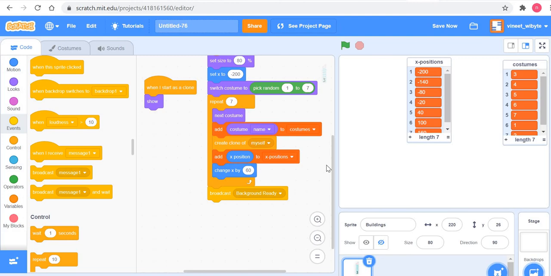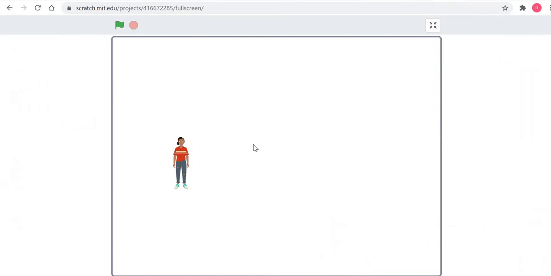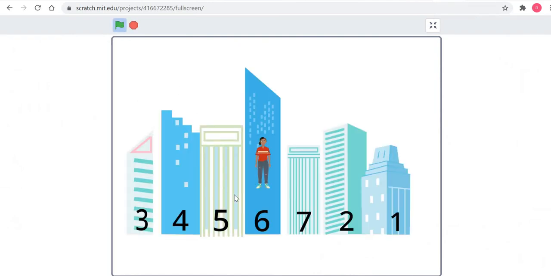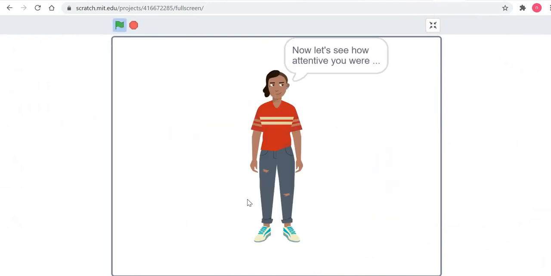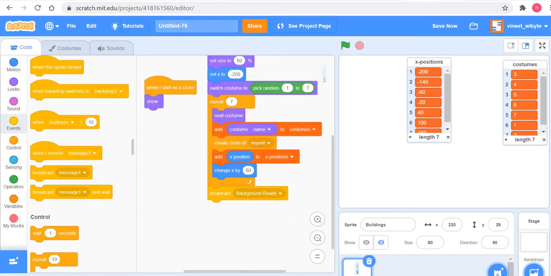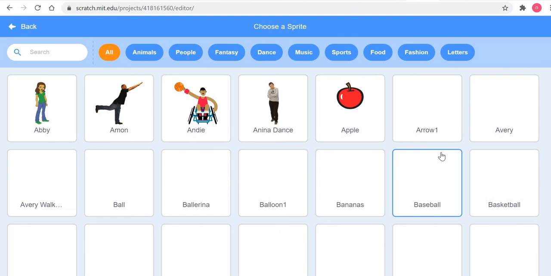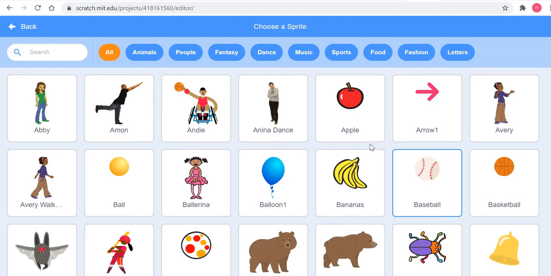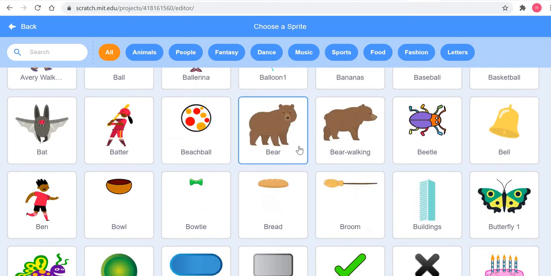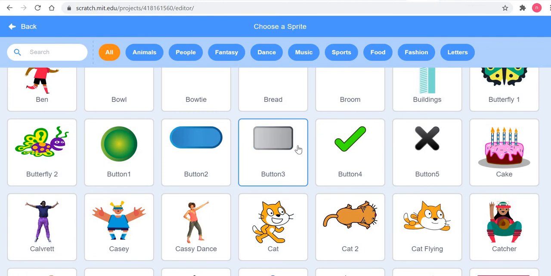I'll come back to this, but now I'm going to introduce my hero, which is this character called Noor, right? So now Noor, remember, is the character who's going to walk around these buildings, and you are going to have to guess where all Noor has been. I mean, not guess, hopefully you're going to have to remember and tell where all Noor has been, right? So I'm going to add a sprite here. Once again, there's no compulsion on you to use Noor, or for that matter buildings, but I just have to use something to illustrate, right?